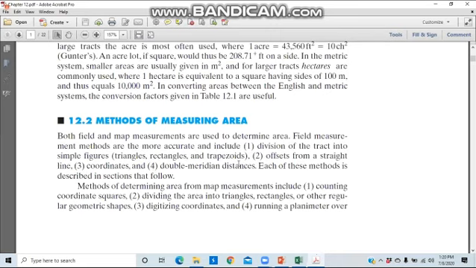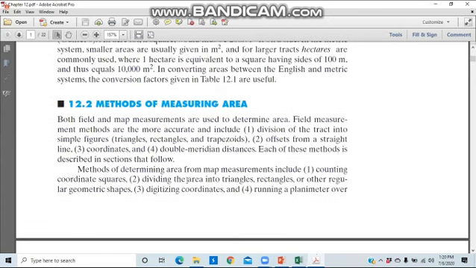Number 3, coordinates. If you have the coordinates, how you can calculate the area, we will see in this chapter later through the examples and through the equations. If we have the coordinates, we can calculate the area of that surveying boundary, right? Number 4, double meridian method, double meridian distance, right? This is another method to measure the area. However, in this chapter, we will not use this because this is not commonly used in surveying, and we will not study that.